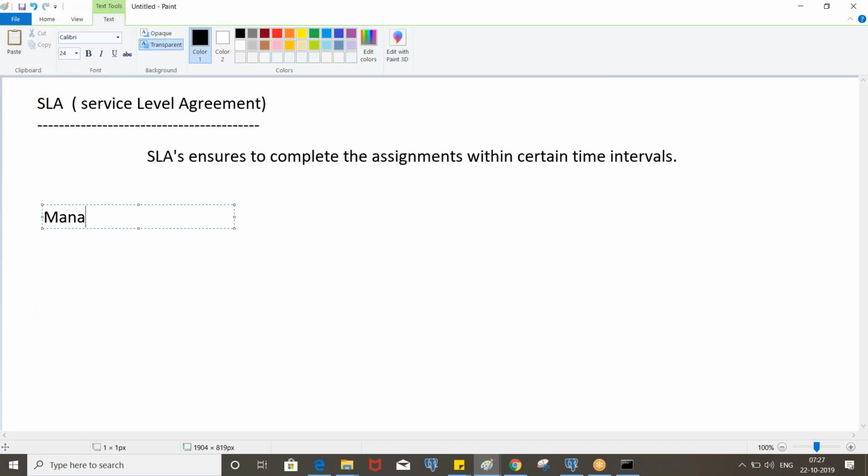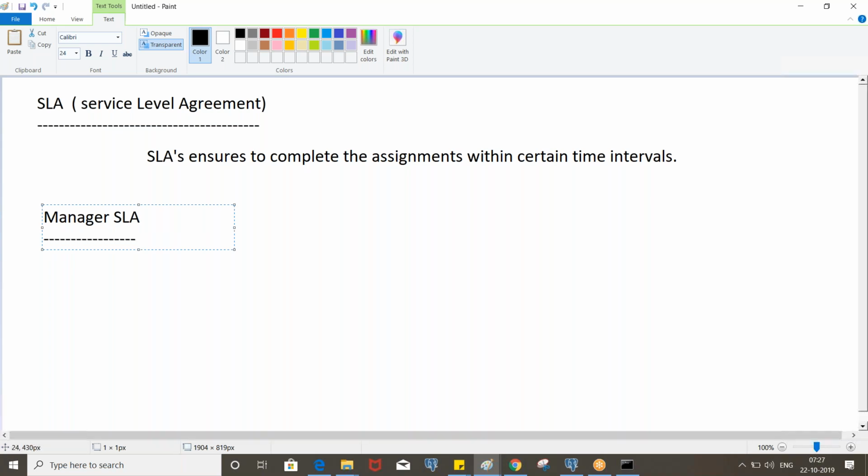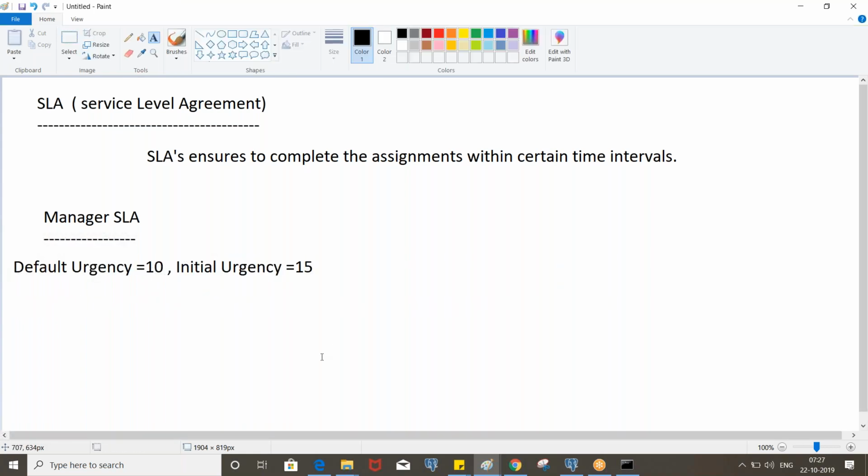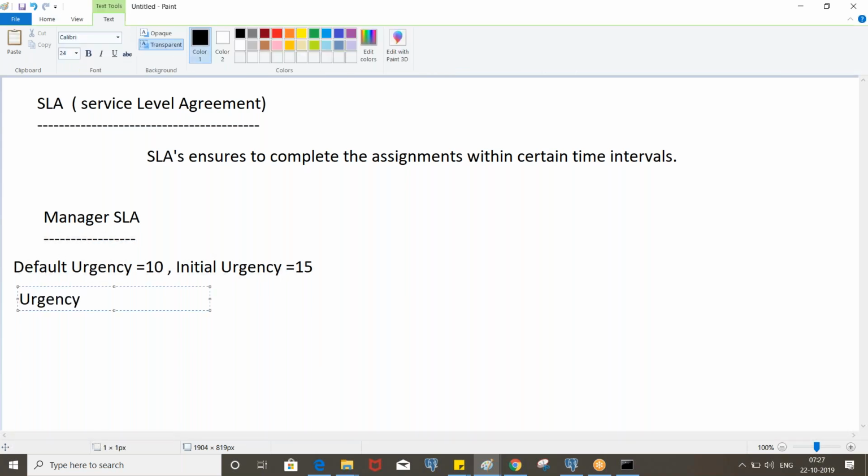Yeah. So let's say default urgency is always 10 unless we change it. Okay. And we have an initial urgency that we are setting, 5. And so once the assignment is created, urgency will be 15. Okay.